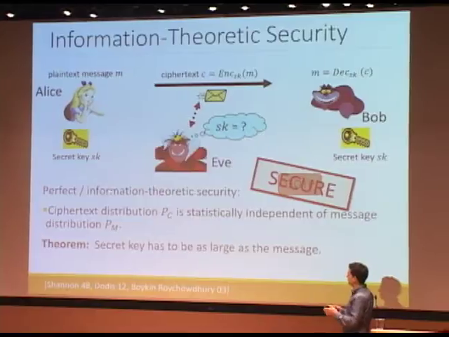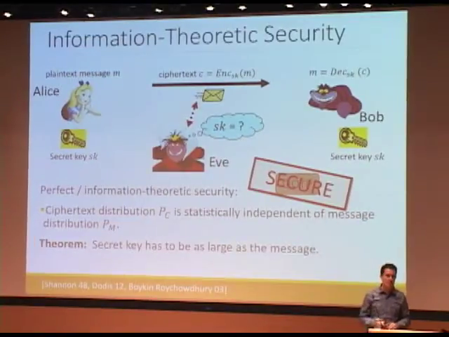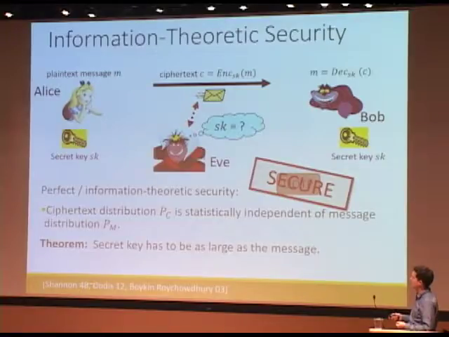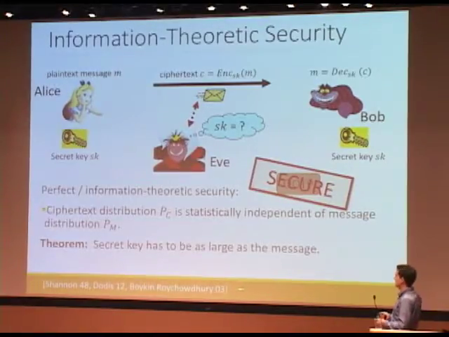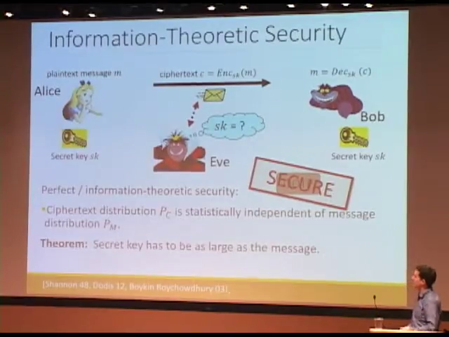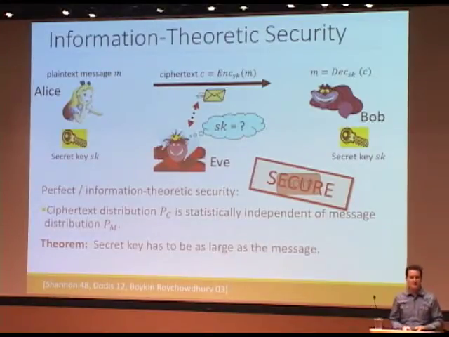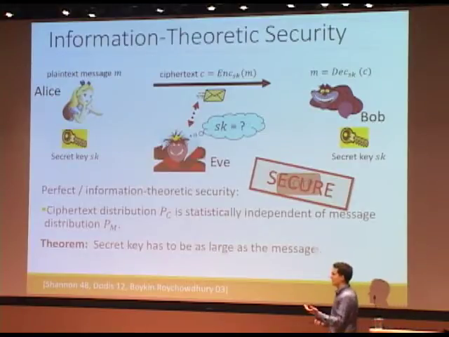However, this type of security comes at a very steep price. There's this famous theorem by Shannon in the classical case, and there are some variations of it by Evgeny Dodis, and you can also prove something similar in the quantum case. Namely, if you want this kind of security, then the secret key has to be as large as the message. That's really unfortunate, and it's also very impractical.